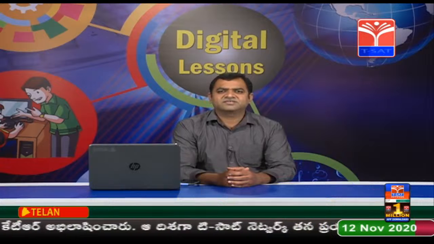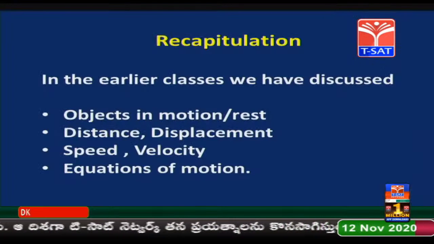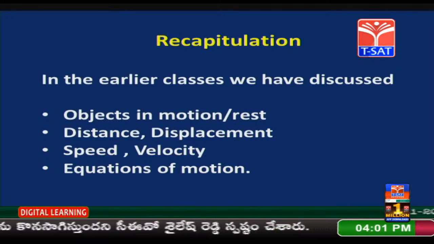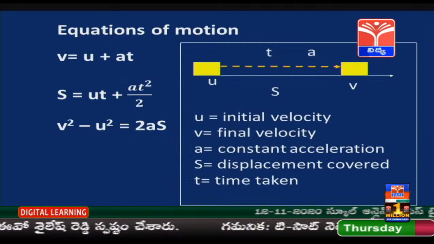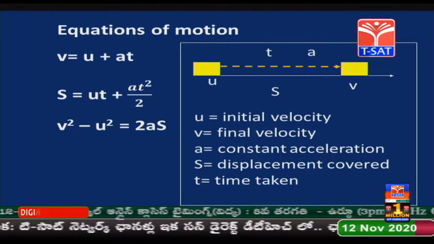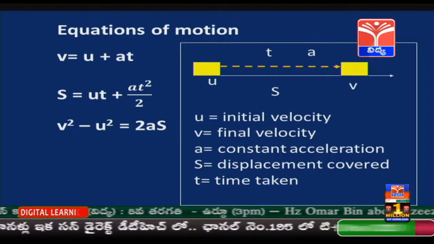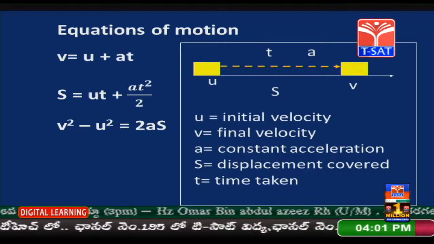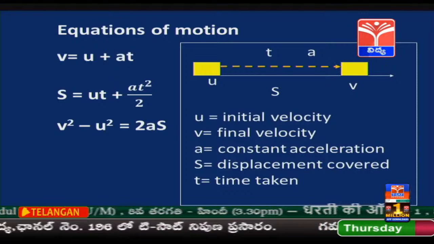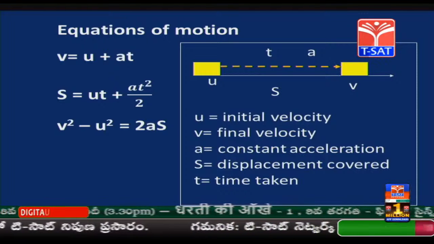In the earlier classes we have discussed objects in motion, rest, distance, displacement, speed, velocity, and equations of motion: v equal to u plus at, s equal to ut plus half at square, v square minus u square is equal to 2as, where u is initial velocity, v is final velocity, a is constant acceleration, s is displacement covered in the